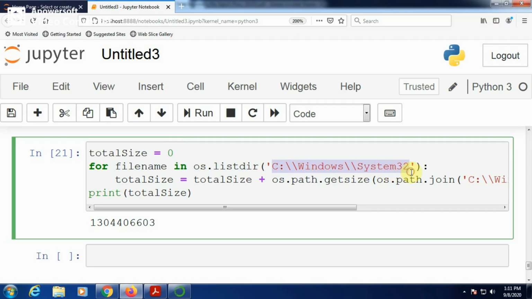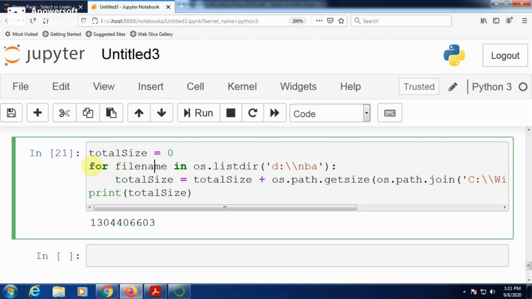If you want to list the directory of the path NBA folder, whatever files are available in the NBA folder, all the files of the NBA folder will be listed, and from that list, each file name will be taken.